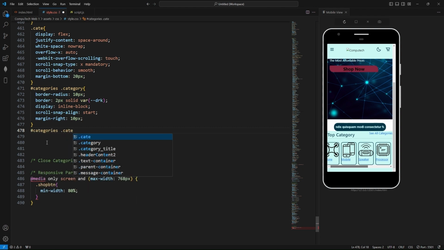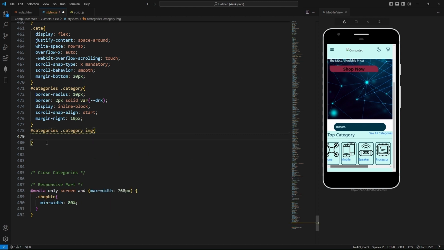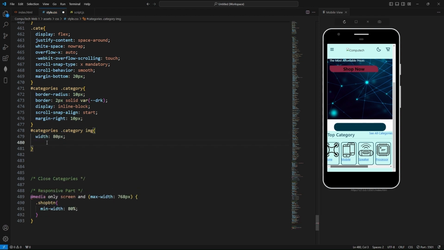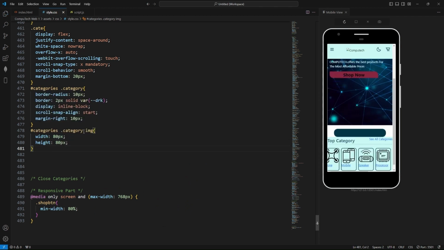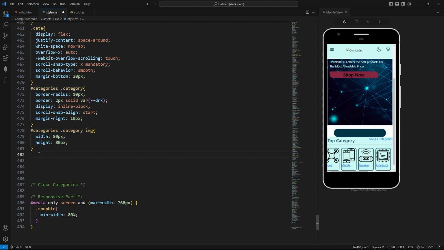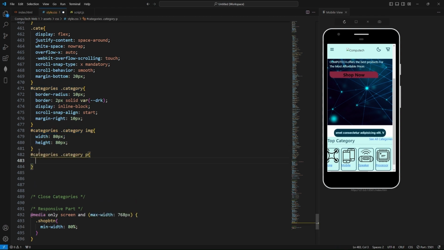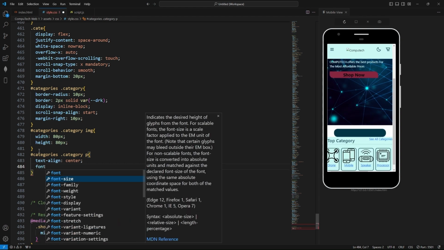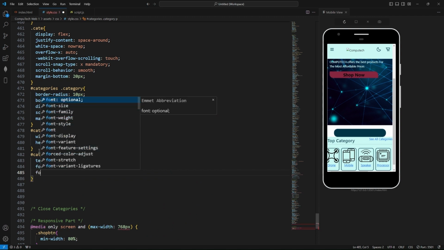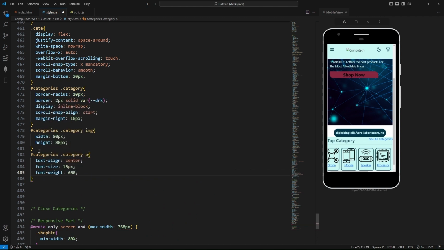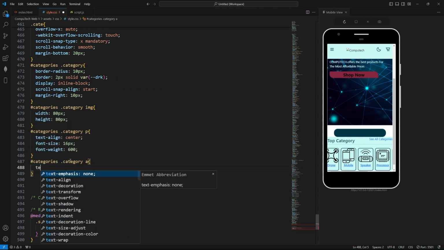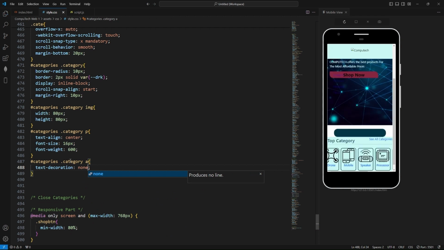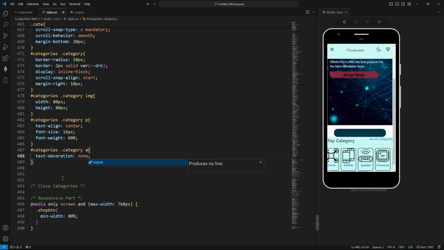Now categories and category image width 80 pixel and height 80 pixel. Similar for copy and paste here for paragraph tag, text align center, and font size 16 pixel, font weight 600, and anchor tag for text decoration none. Okay,